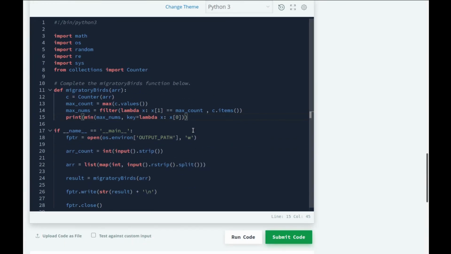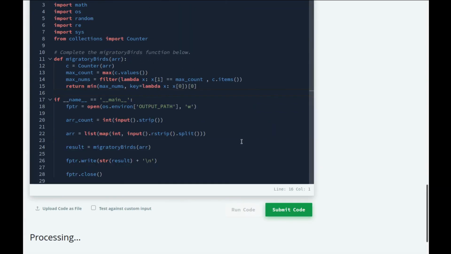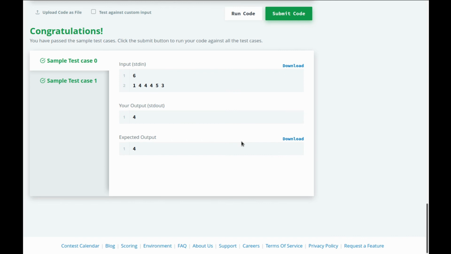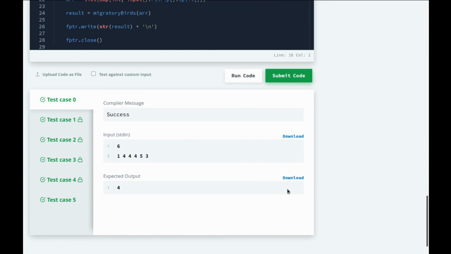So we can simply say [0] after this and return this. Sorry, I guess there's an extra bracket over here. Yeah. And this should give us the desired answer. Yep. And as you see, we have got it right. Now let's just try submitting this code. Yeah, and as you see, that works.